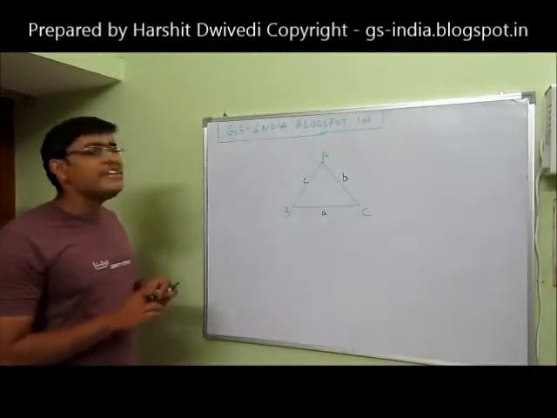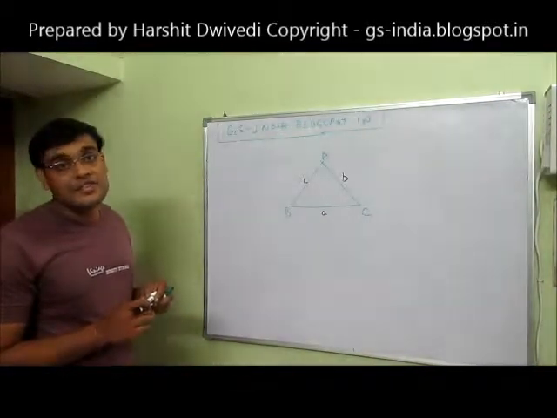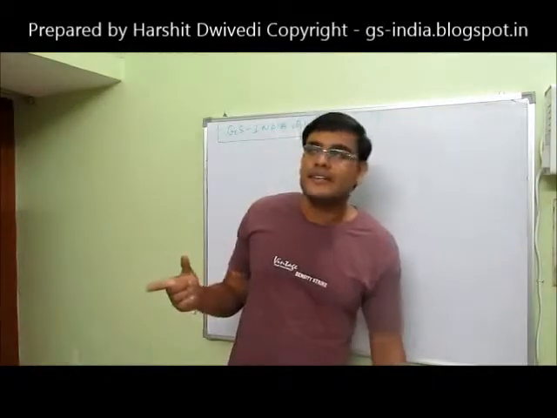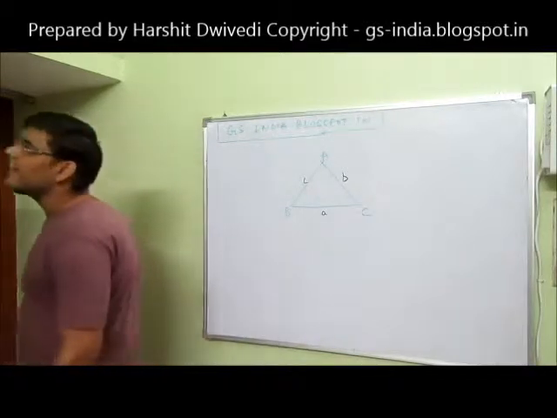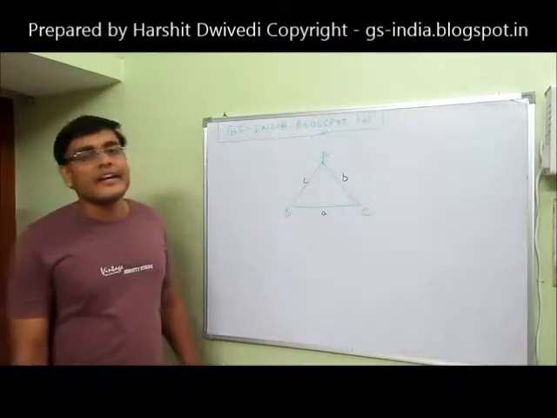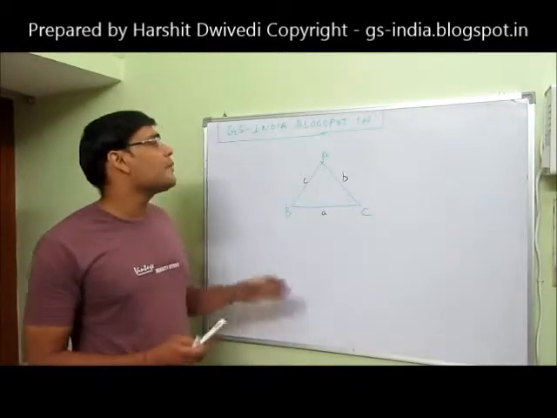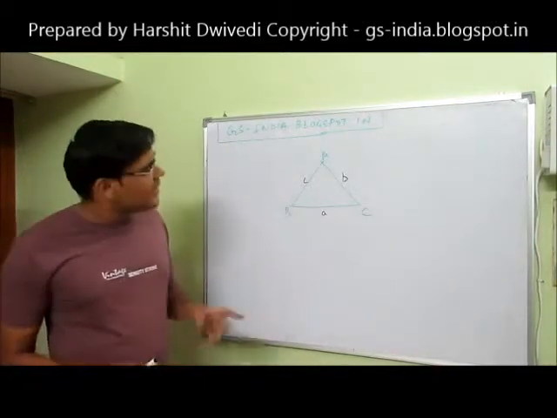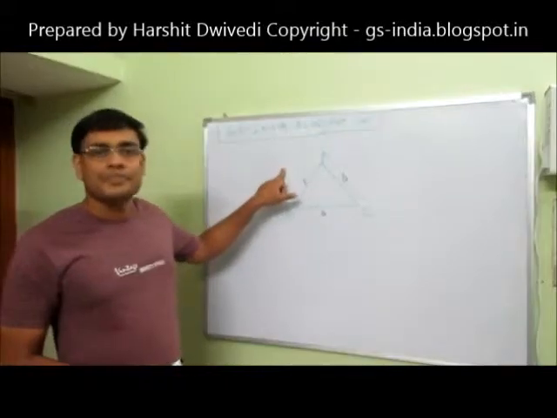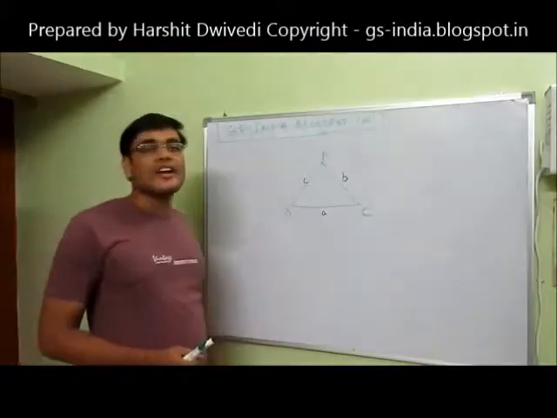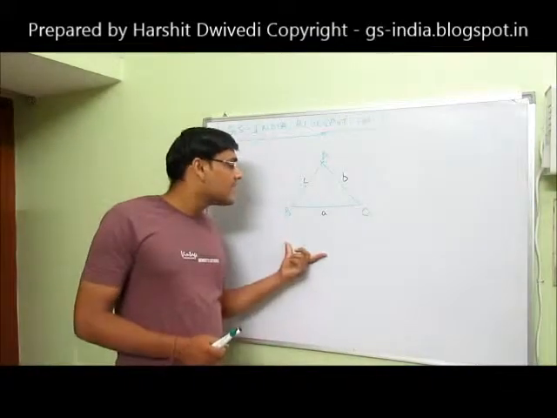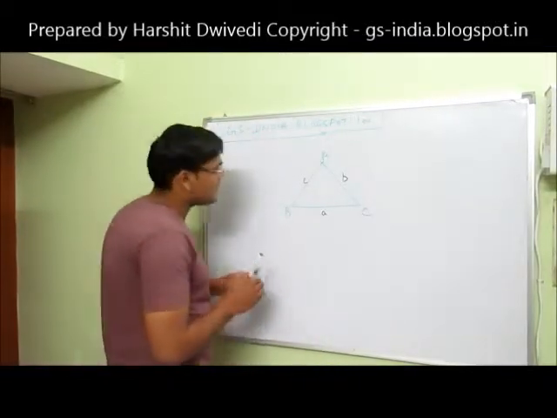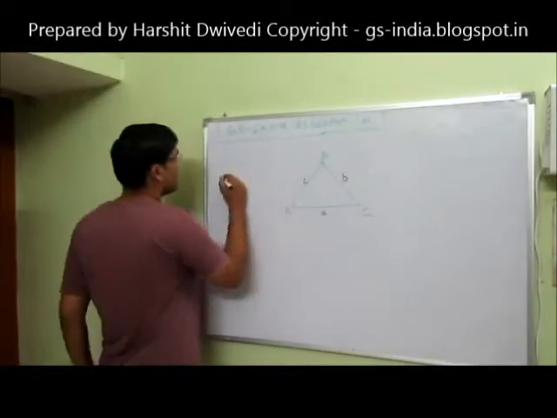Okay, now the very first property of triangles. Before this I told you two things about triangles, that the sum of the interior angles of a triangle is equal to 180 degrees, but I don't consider that property as number one because it is a very basic fact. The very first property is that the sum of two sides of a triangle is greater than the third side. If you like, you can write it as property number one of triangles.